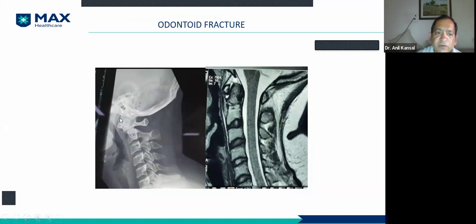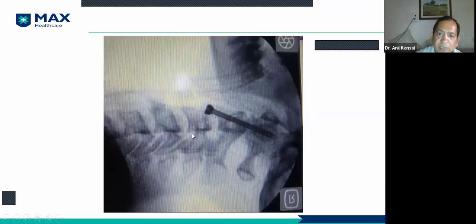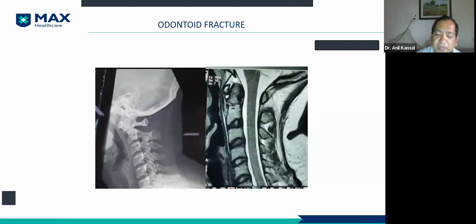This is the fracture of the odontoid. The upper bone has fractured here. We can see this fracture line, and if we see the MRI once we do it in the flat position, it gets reduced. So what do we do for this kind of surgery, because these have severe pain here, so what we